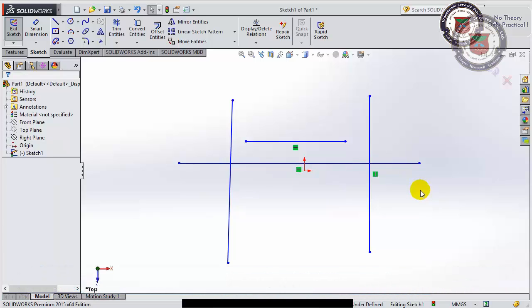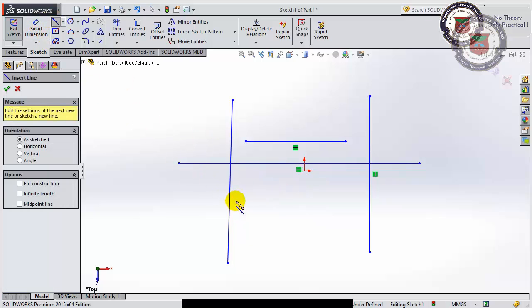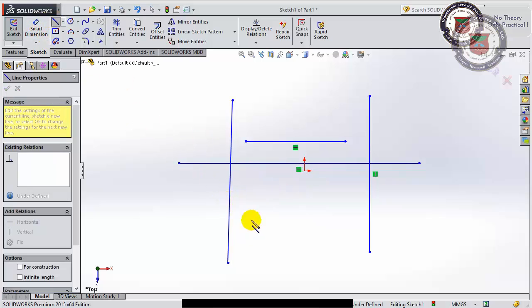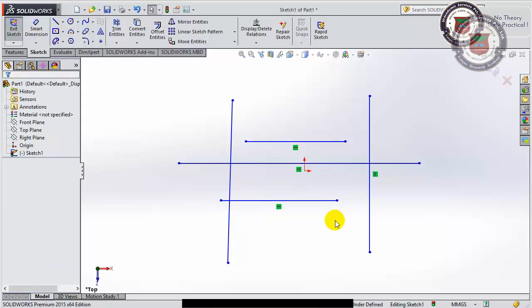And I do want to delete what is inside these two lines. Furthermore, I don't want to delete a line that is coming through one line but doesn't pass through the second line.